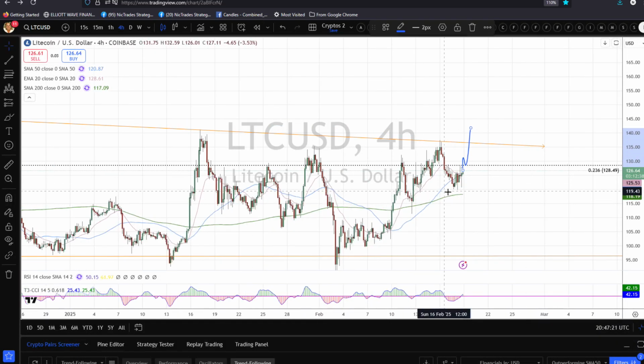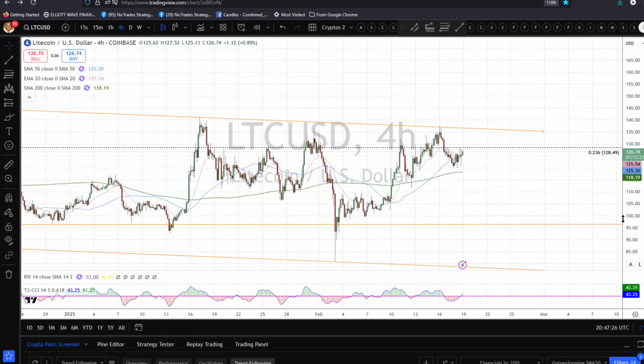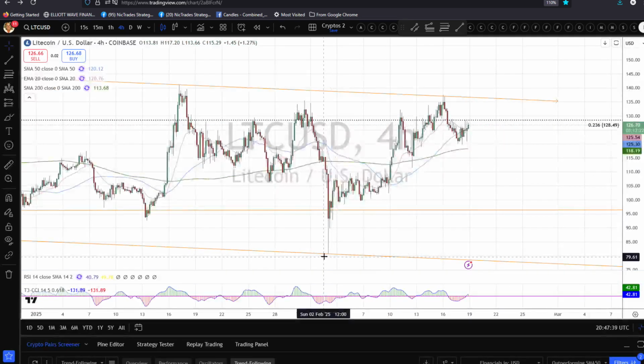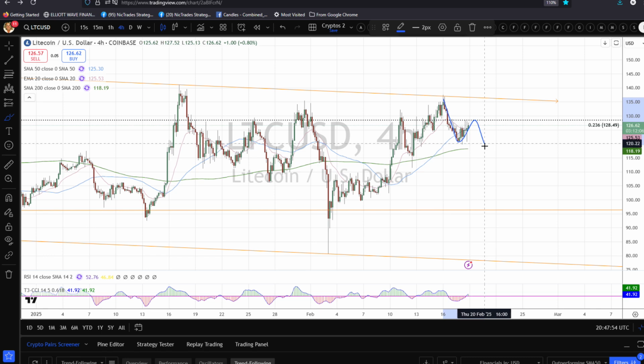One thing that I should point out, if I get out into a 4-hour and we look at this bigger swing that we have made from the low at the beginning of this month, so this is the February the 3rd low, this looks to me like 5 waves up. Quite often if you make 5 waves up like this, at the moment from this low to this high, we're holding this 236 fib retrace very nicely, but quite often you'll make a 3-wave pullback back to the low of the previous wave 4,